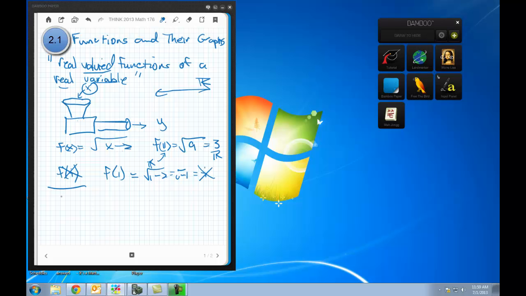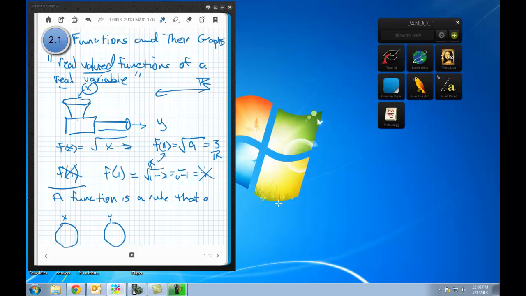All right, let's talk about what a function is. A function at its absolute simplest. Now I'm going to build a couple of sets here, and then I'm going to make your definition. I'm going to make a big set, which I'm going to call X. I'll make another big set, and I'm going to call this one Y. And a function is just a rule. That's all it is, a rule